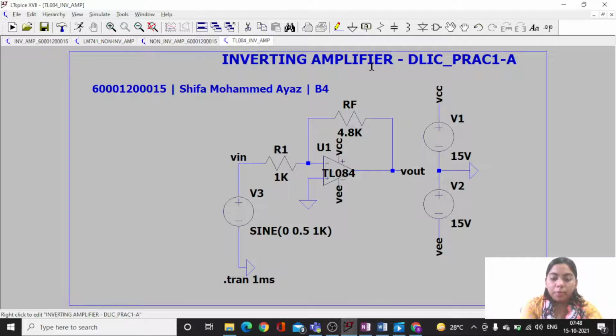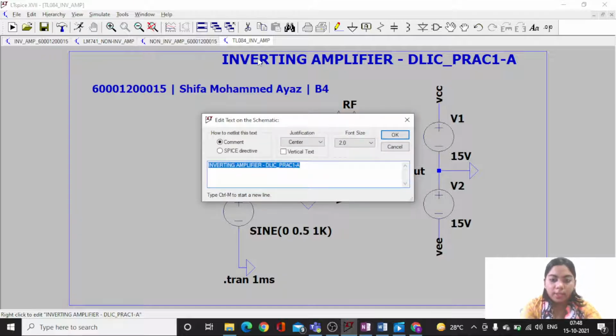As I showed you before, these are my two net labels, Vin and Vout. When I place my probes while simulating, I'll get a waveform of my input and my output. Actually I forgot to explain this particular thing before.